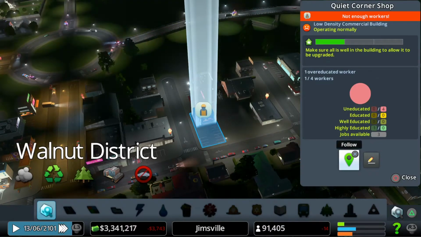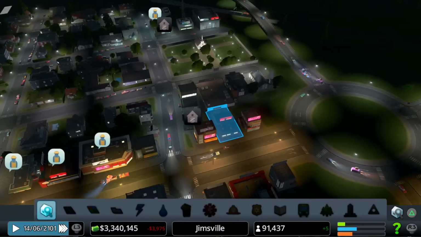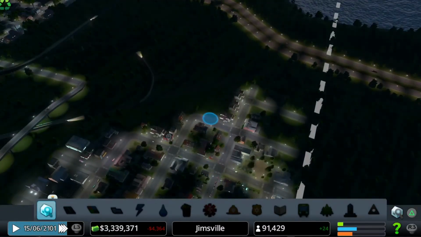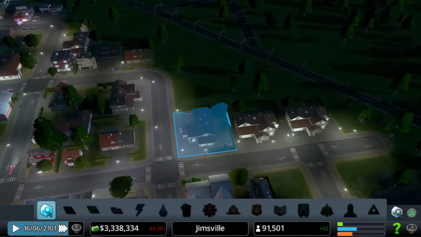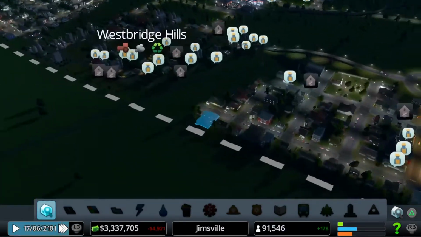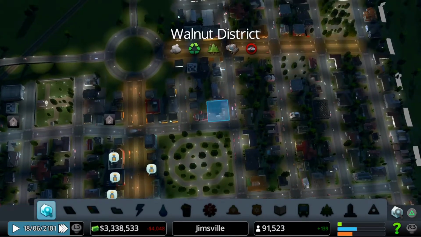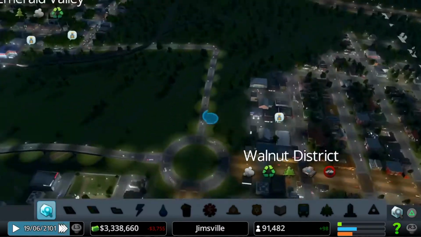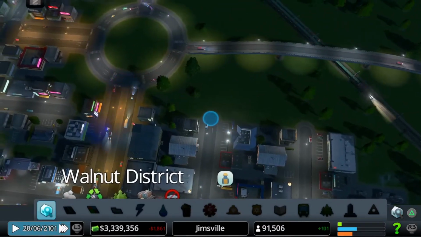So you can see this one here is struggling. One person working there, too highly educated. It's kind of the reason I built this area, to prevent people getting too educated. A few houses starting to pop up in this little extension that I've built. Really trying to maximise this space. I could even possibly get in a little bit of high-rise, try and cram even more people in, but I don't really want to do that. I want to keep this all low density. I think it would just look out of place to have a sudden growth spurt of large density buildings.